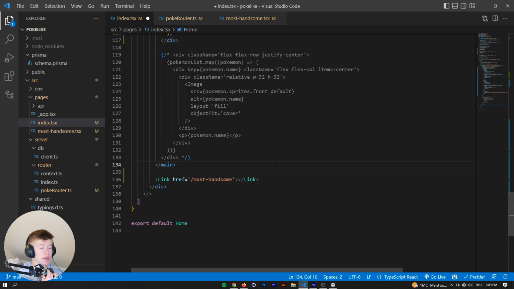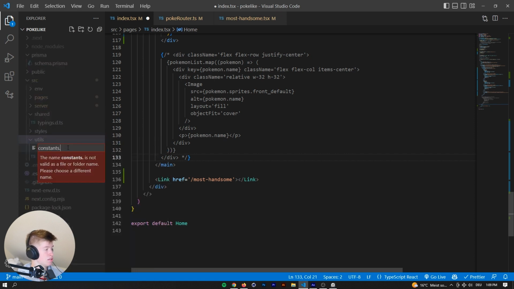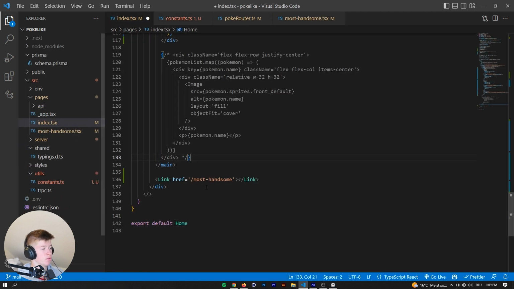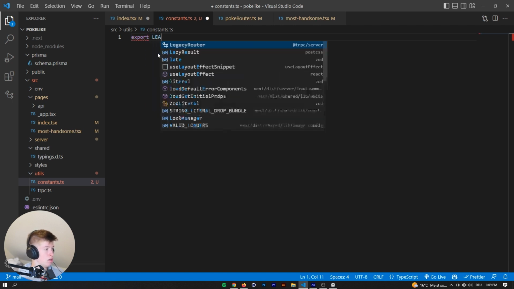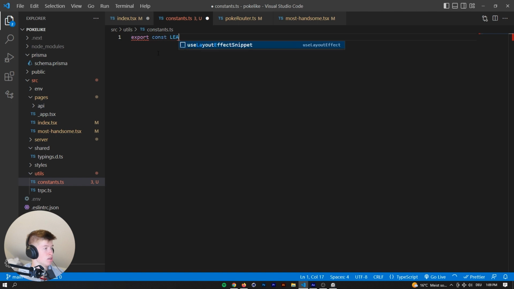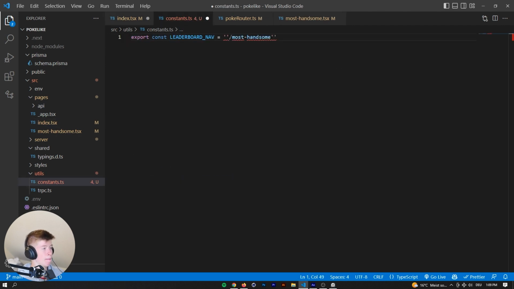/most-handsome. Now one trick I like to use if you're working with complex projects is never hard coding the links, because you're probably going to be using them in a lot of places. If you're working with complex projects, then in that case you could have a shared or a constants file somewhere in your utils or wherever you want it, and then have a constant called, for example, export const LEADERBOARD_NAV, for example, is equal to, and then the current link you have,